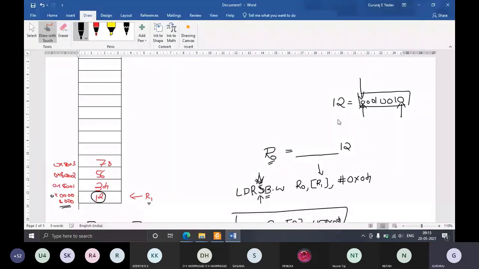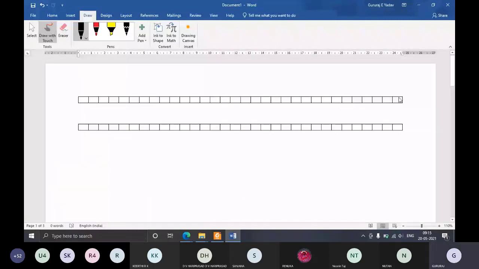Let us take the example here. First 8 bits, we know the values. This is the 0th bit, 1, 2, 3. This is the 4th bit, 5th bit, 6th bit and 7th bit. So this is R0. We know the values for the first 8 bits. What is the value?